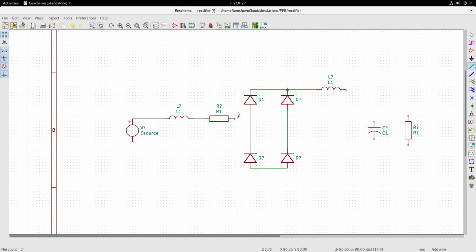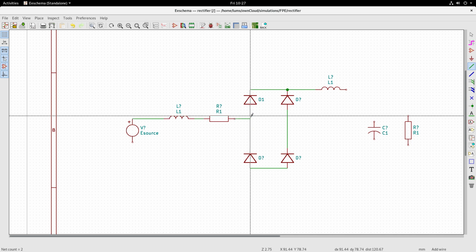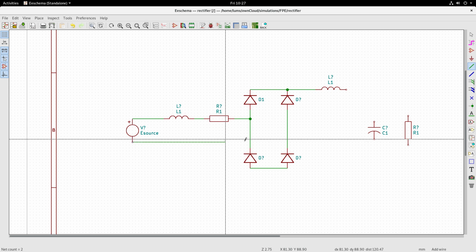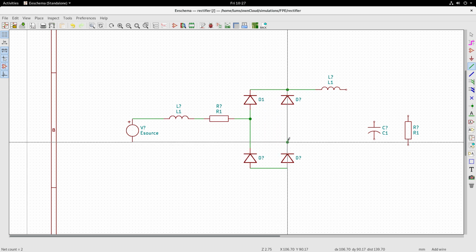And let me connect this to the center point here. So you have a node that gets automatically generated, and I will click it.